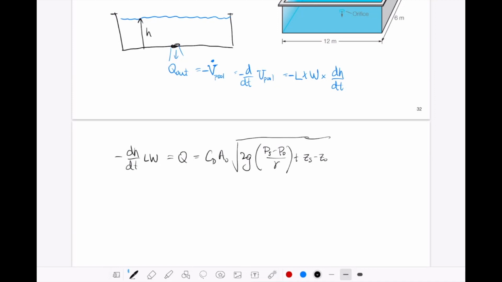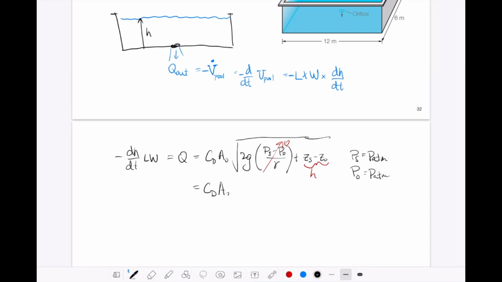Yeah, P1 is also atmosphere. So P surface equals P atmosphere, P0 equals P atmosphere. So this term here goes to 0. This change in elevation from the surface of the pool to the orifice is just h. That's our dimension for height. So all we're left with,